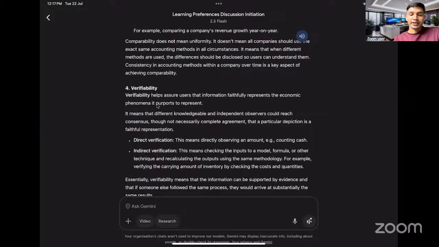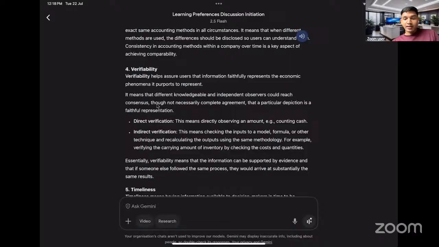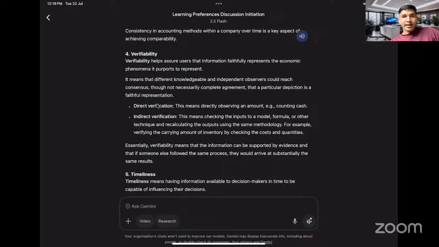Second one is verifiability. Verifiability helps ensure users that information faithfully represents the economic phenomena it purports to represent. It means that different knowledgeable and independent observers could reach consensus, though not necessarily complete agreement, that a particular depiction is a faithful representation. Direct verification and indirect verification. Direct verification means directly observing an amount, for example, counting cash, and indirect verification is like,